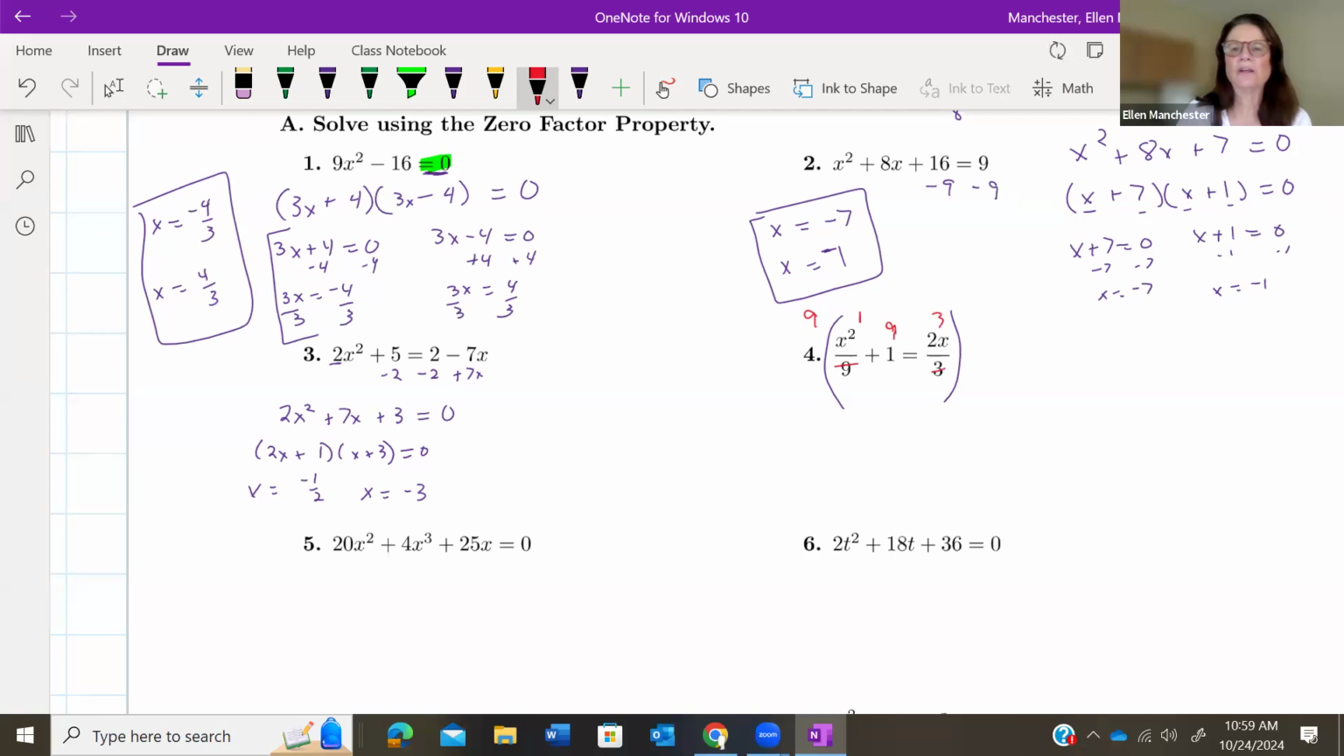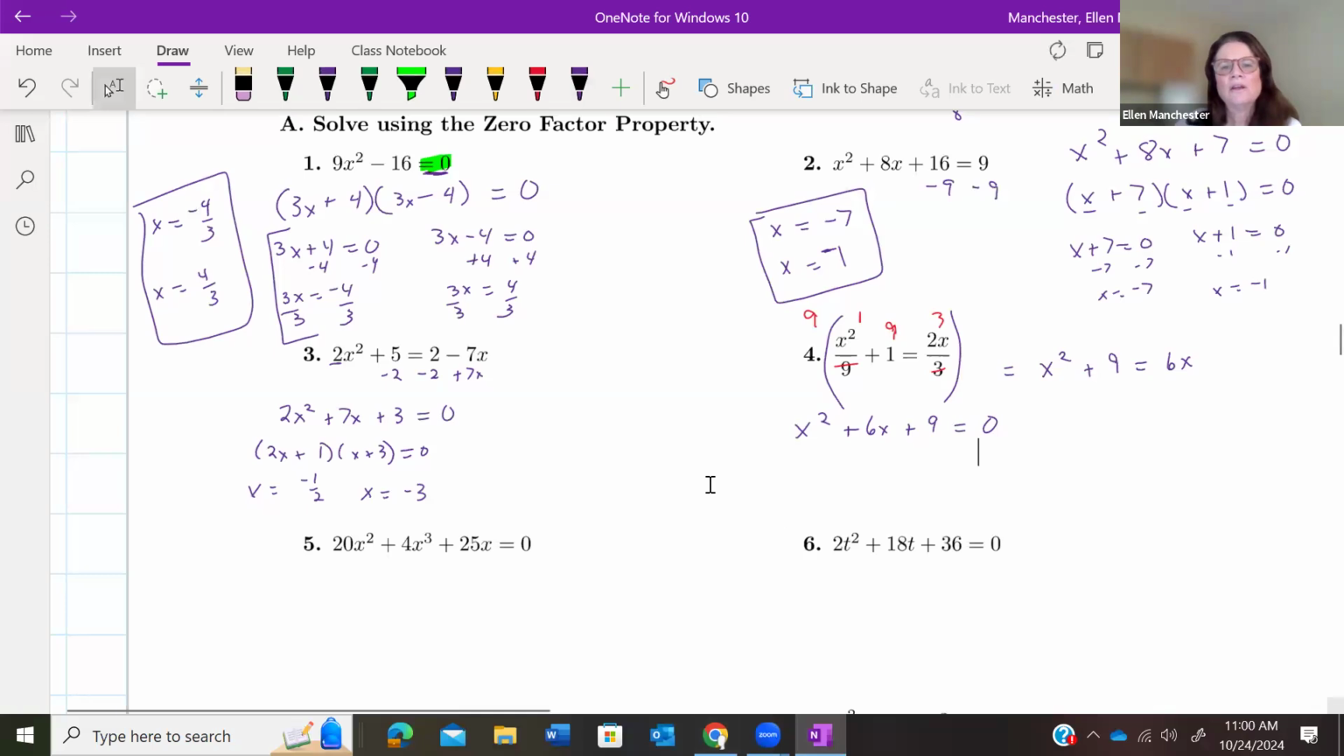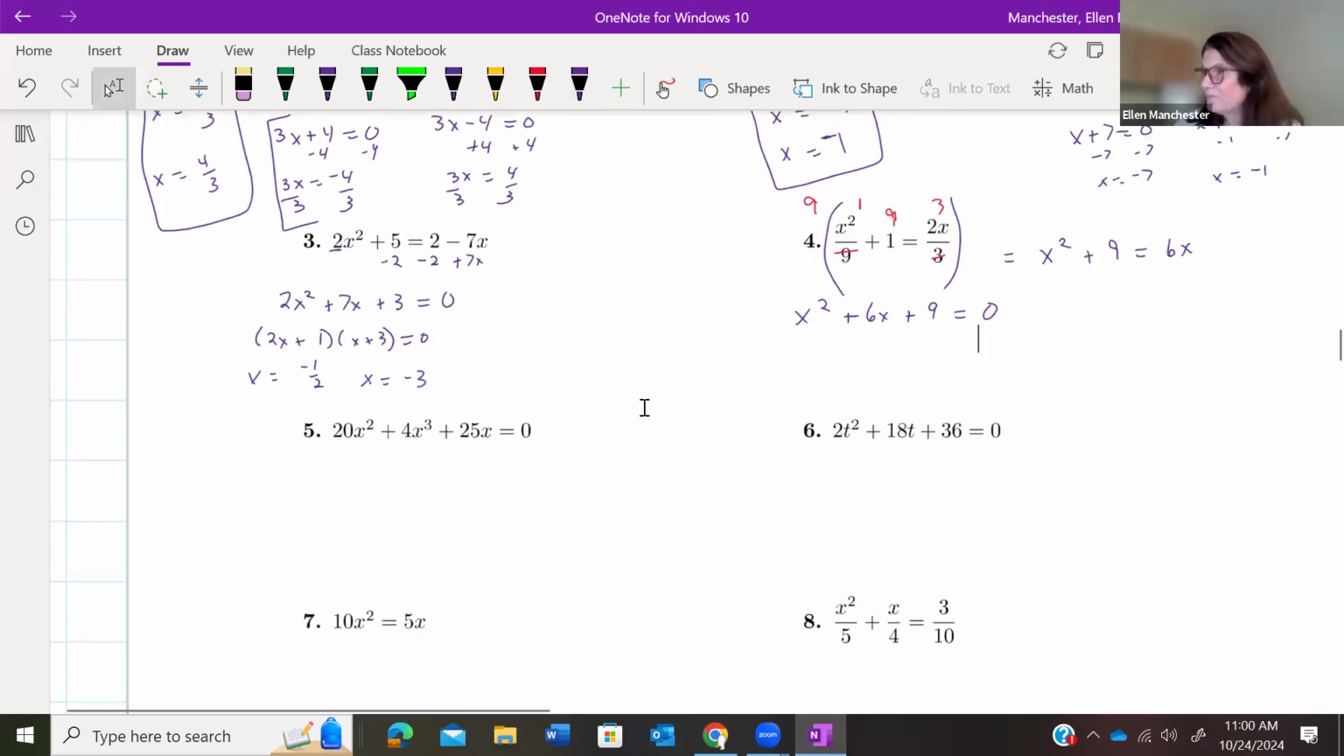And remember, what you just did is you just eliminated the denominator. So 1 times x squared is x squared. 9 times 1 is 9. And 3 times 2x is 6x. So when you set everything to 0, you have x squared plus 6x plus 9 equals 0. So if you see it,